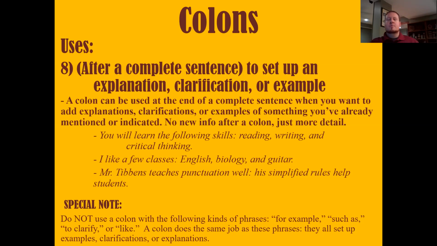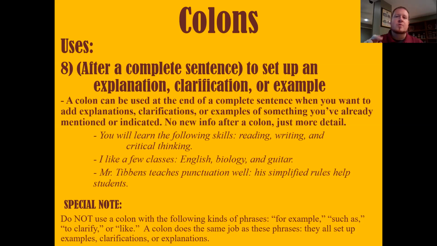Now, one special note about the colon, you cannot use a colon along with phrases like, for example, such as, to clarify, like, namely, those kinds of things. They do the same job as a colon. So if I say, I like several classes, comma, for example, and then I list them, that's fine. Those phrases don't always, but especially for example and such as, usually require a comma before them